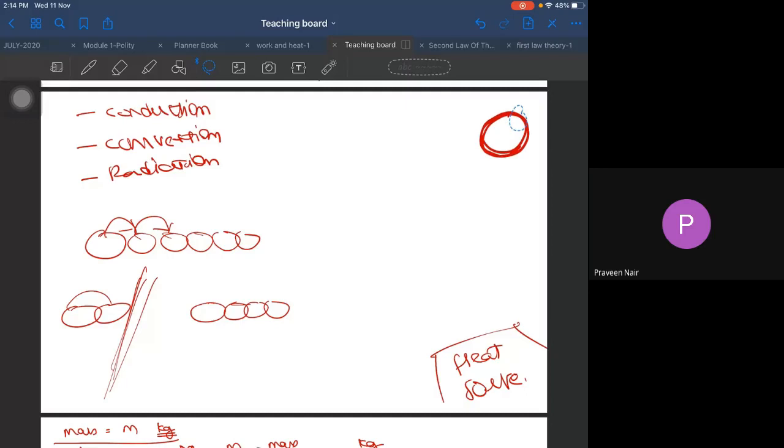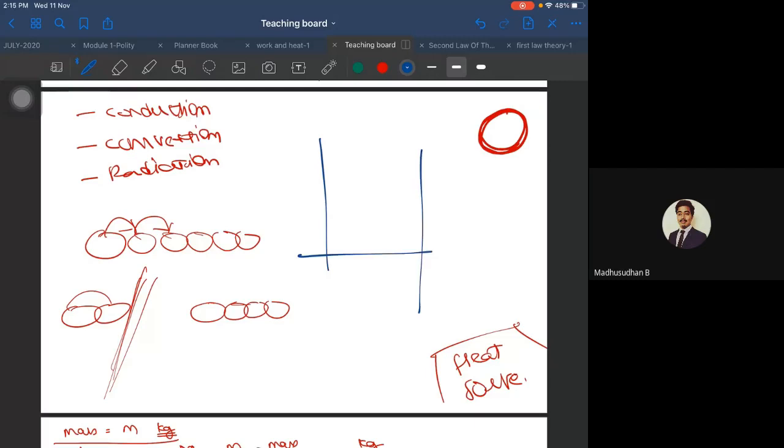It absorbs energy. Got the meaning, guys? Yes, sir. So that is what happens in the convection. So where do you observe this convection? Generally in the fluids, yes or no? So if there is a heating source like this, and